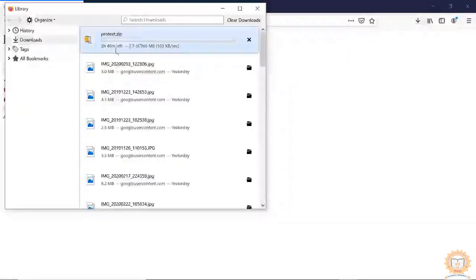After you download this zip file, double click it, and as it is a self-extracting zip file, it will automatically extract all the files to a separate folder.